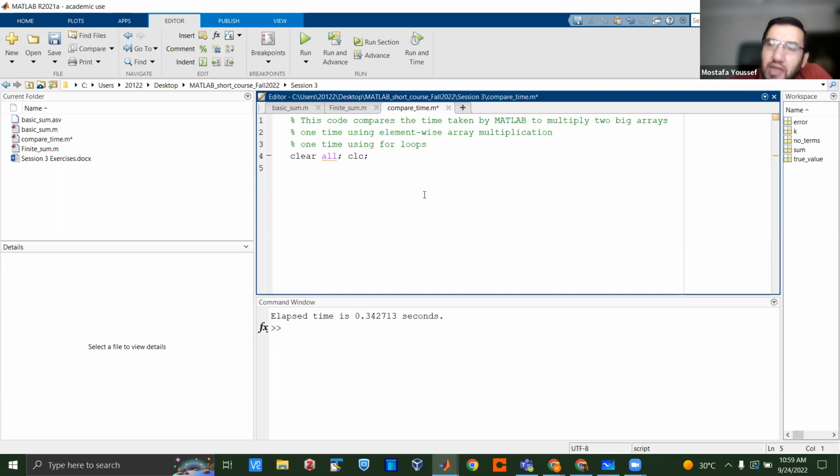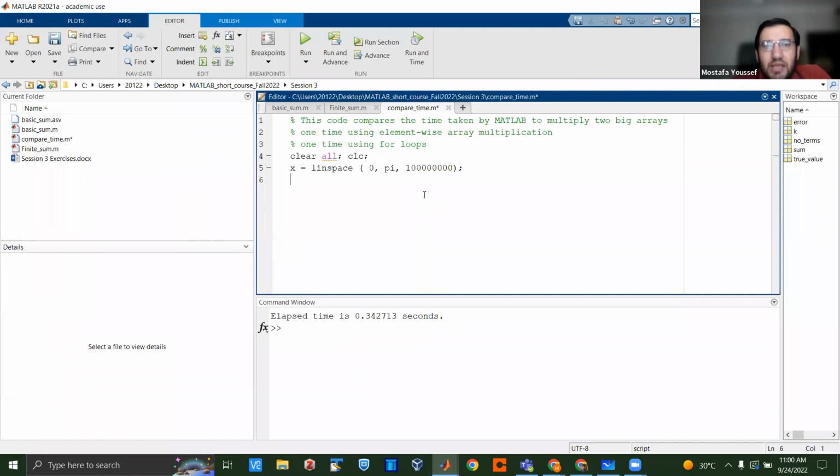Let's start first with element-wise multiplication, something we have learned in previous sessions, especially on plotting. For example, let's define x equal linspace between 0 and pi. So this is the first value, final value, and I need 100 million points. So how many zeros? 1, 2, 3, 4, 5, 6, 7, 8. And I have to put a semicolon because if I don't, MATLAB will spend hours writing these numbers